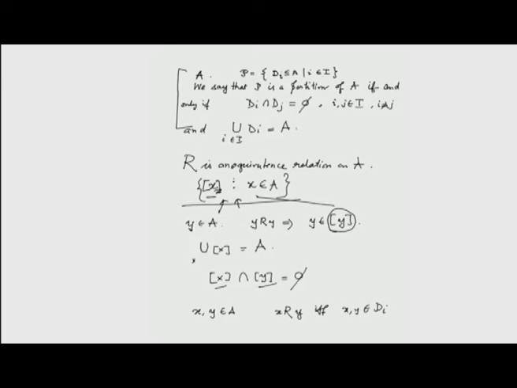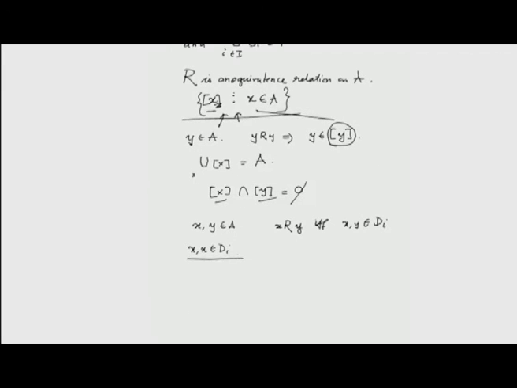Now, we see that x comma x belongs to d I, because of course, x is a single element. So, this is trivially true. So, R is reflexive. We again see that if x and y belong to d I, then this will imply both things, that x R y and y R x. Therefore, x related to y means this, which in turn of course means this. Therefore, we know that it is symmetric,